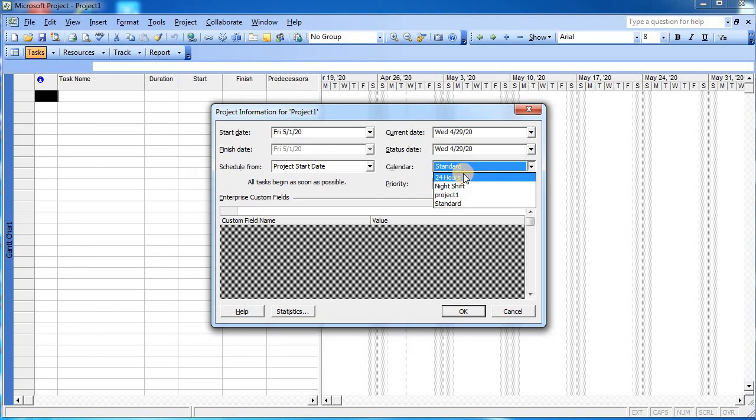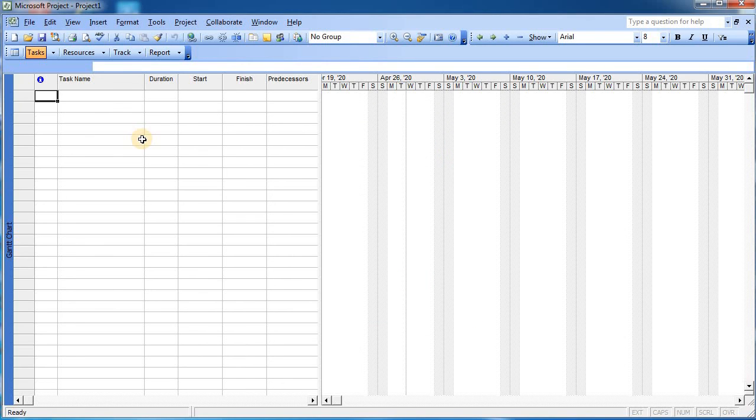Earlier there were only 3 options: 24 hours, night shift and standard. Now we will click on Project 1. So for this project development case file, we have considered the calendar Project 1, and we will click on OK. So this is how we have assigned the working calendar to the undertaken project.